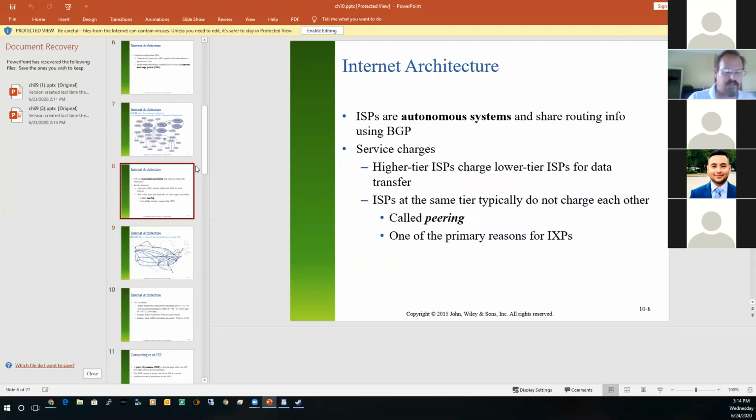So let me go back to this for a minute. ISPs, internet service providers of any size, are autonomous, meaning those IP addresses that they give you temporarily, usually through DHCP, have been pre-assigned to the ISP. An ISP can apply for and receive what's called an ASN, an Autonomous System Number. If you are a large enough entity like the University of Houston, you can also apply for an ASN number